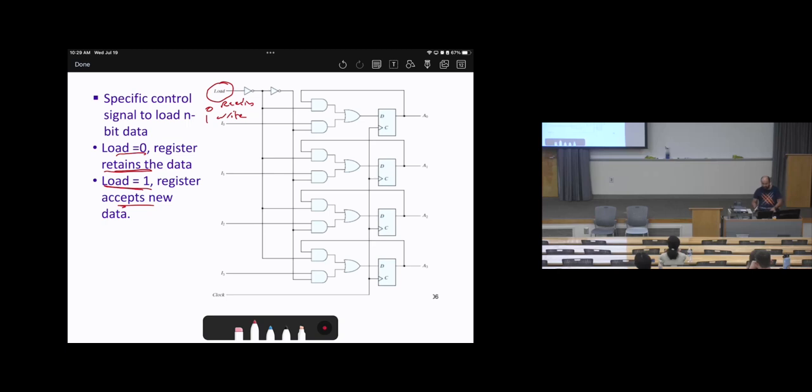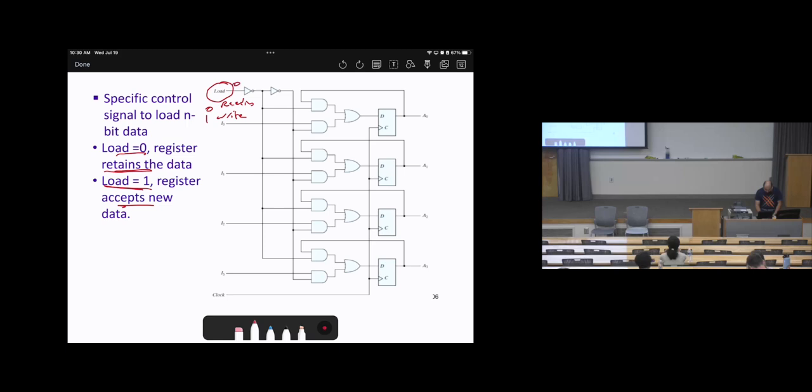It's the same as the 4-bit register, but we add this to make sure that if we store the data, we don't want this data to get lost. Let this be stored in read-only mode. Don't modify it. So we can store this data without being affected. Okay? This is the modification that happens, so I'm not going to explain it a lot because it will take a lot of time, a lot of effort, but you can explore this, that when load equals 0,